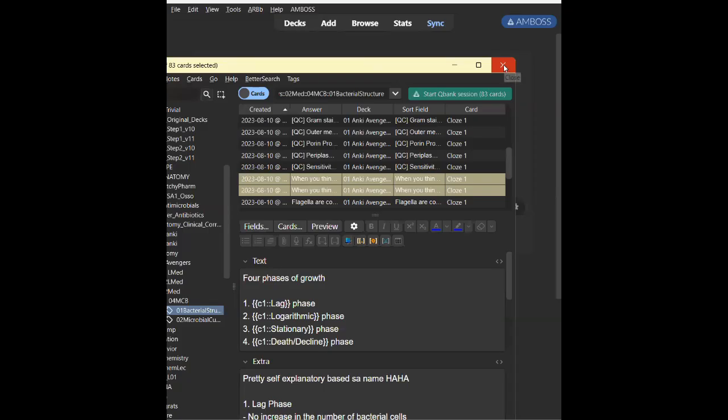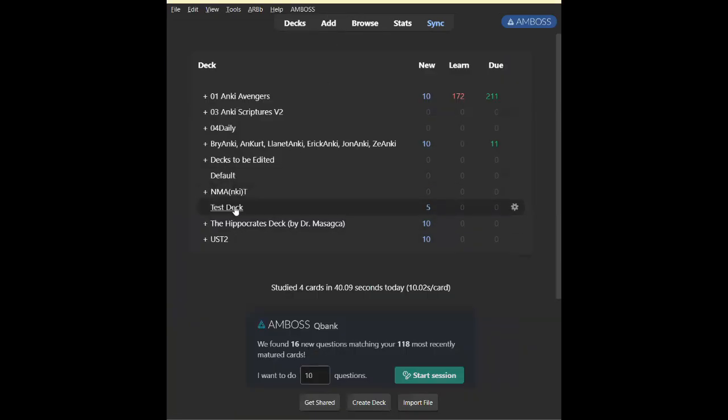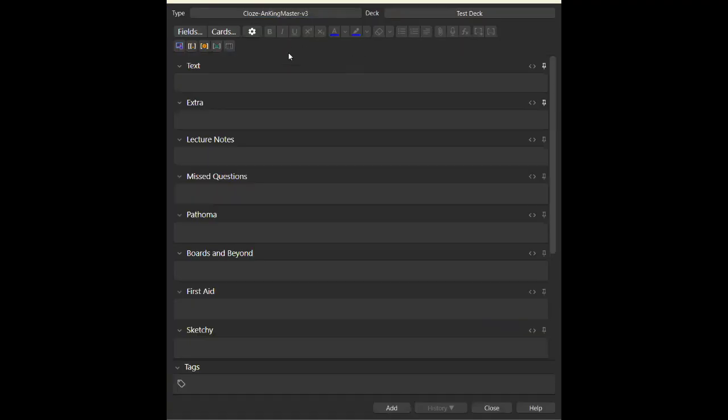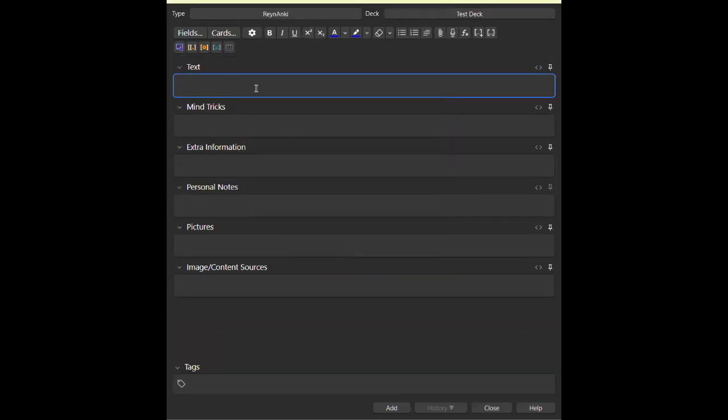Now, let me show you the card that I made for the Enmat Anki. So this card, okay, let's add it to test deck. I call this the Reinanki. Let's go to letter R, Reinanki. So Reinanki, it uses a close. It's still a close card.